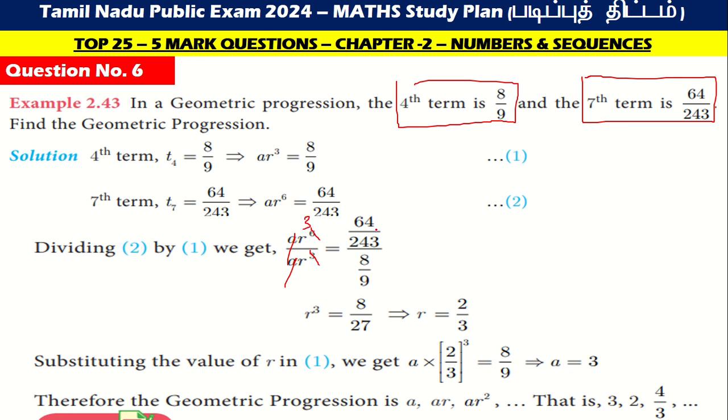So r cube is equal to 8 by 27, r is equal to 2 by 3. So a into r cube, a into 2 by 3 whole cube, means 8 by 9, which is equal